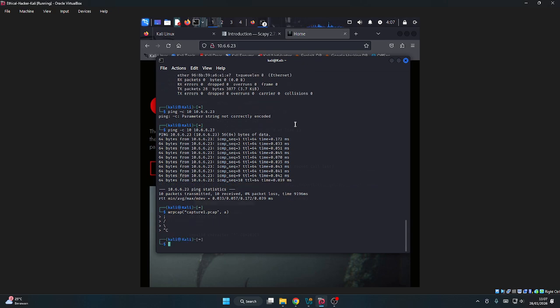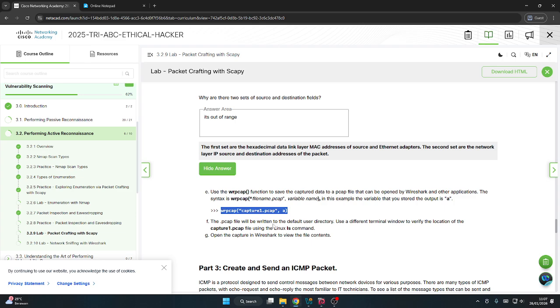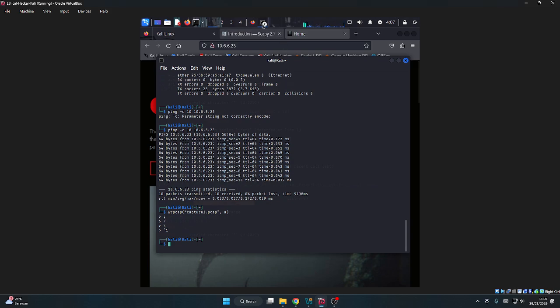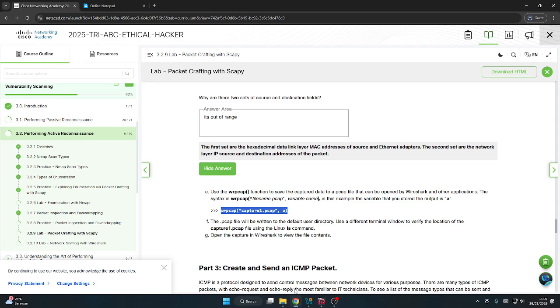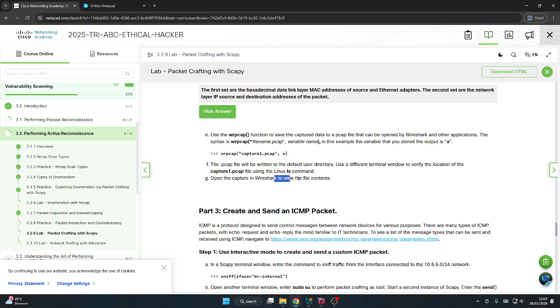Oh no. We can use the wrpcap too because it says syntax error, invalid character, and open the capture in Wireshark to view the file contents, because we can use wrpcap on the Linux.